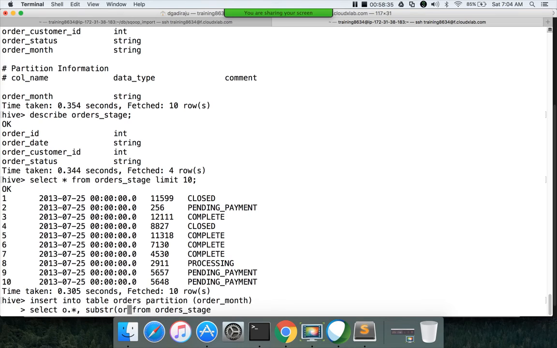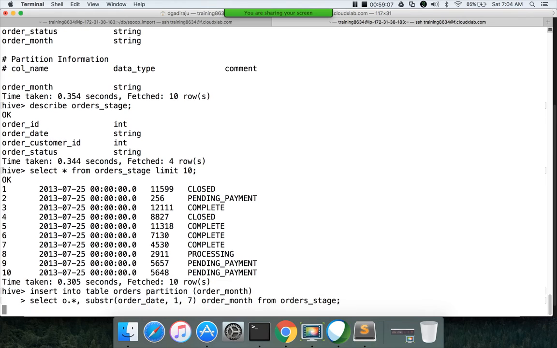In this case, I want to apply the transformation on order date column, and from this I want to extract first character to 7th character, so 1,7, to get year and month, using which I want to partition the data. And here you have to specify the alias, otherwise it will fail. It is mandatory to specify the alias for these functions, especially while running insert into table commands, and hit enter.